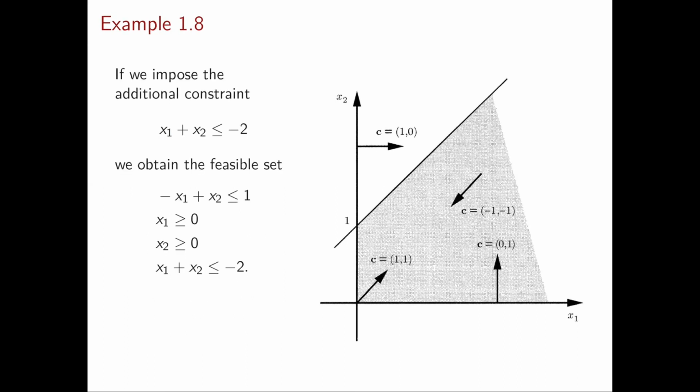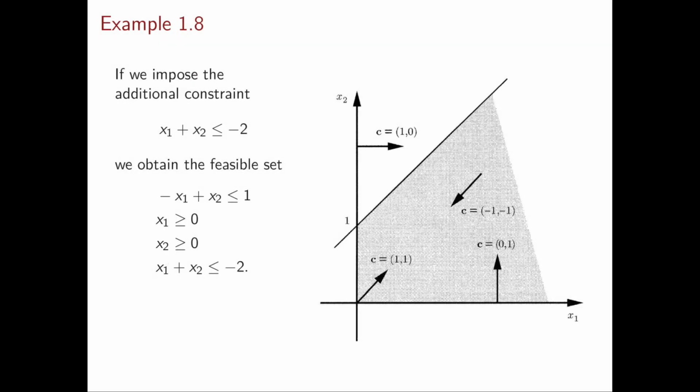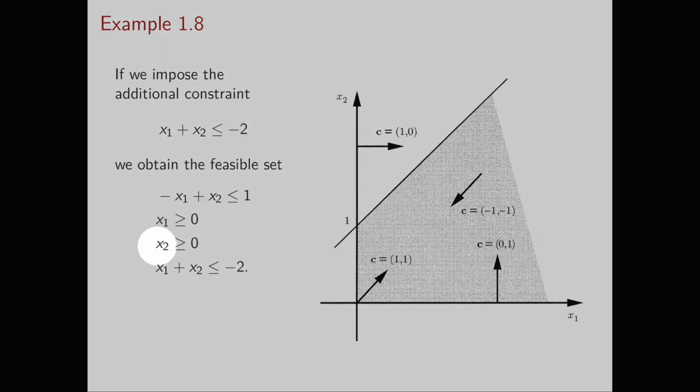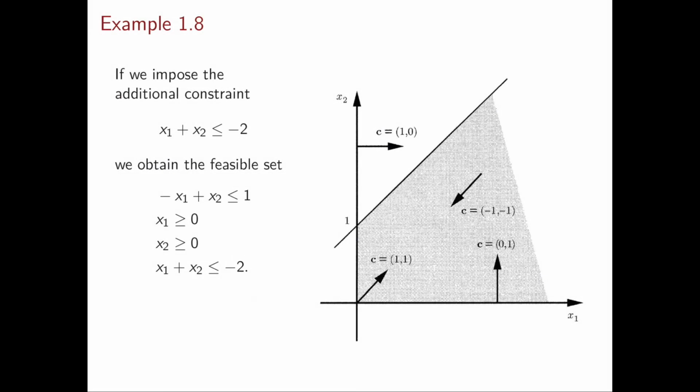Let's see now one more example. And for the first time, I want to change the feasible region that we were looking at. I only want to introduce one more inequality, which is this one, x1 plus x2 less than or equal to minus 2. So below here you can see all the inequalities describing the feasible region. It's exactly the same as before with my three old inequalities plus this new one.